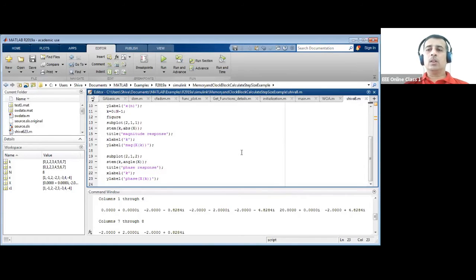Of course, when N becomes larger, finding the DFT and IDFT this way becomes a lengthy procedure, because in the time domain formula I have to substitute n equal to 0 to N minus 1, and I have to substitute k equal to 0 to N minus 1. For N equal to 4, and when it becomes 8, the number of multiplications and additions required for calculating the DFT becomes more.